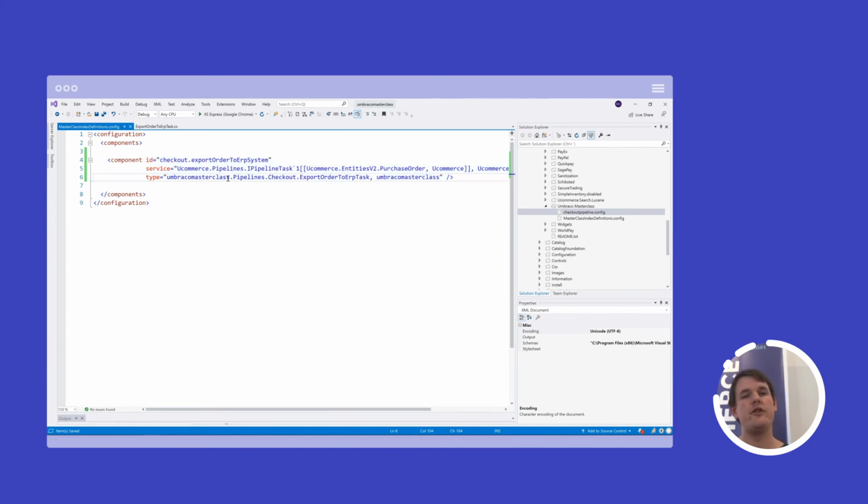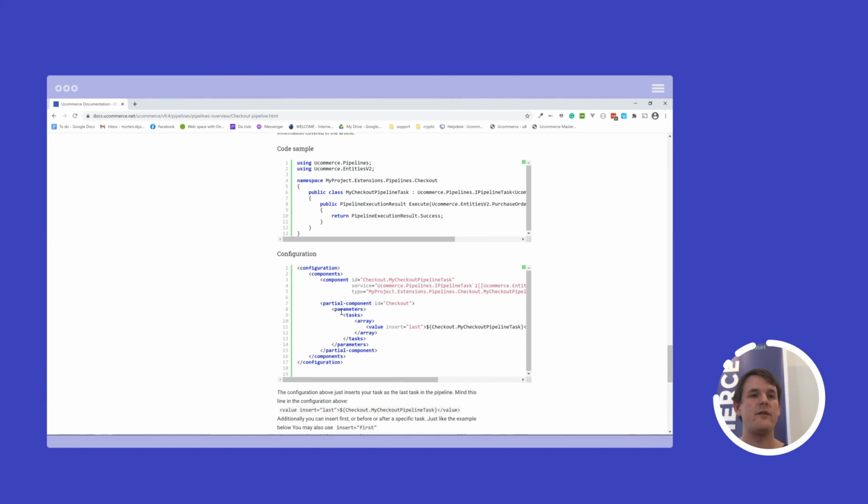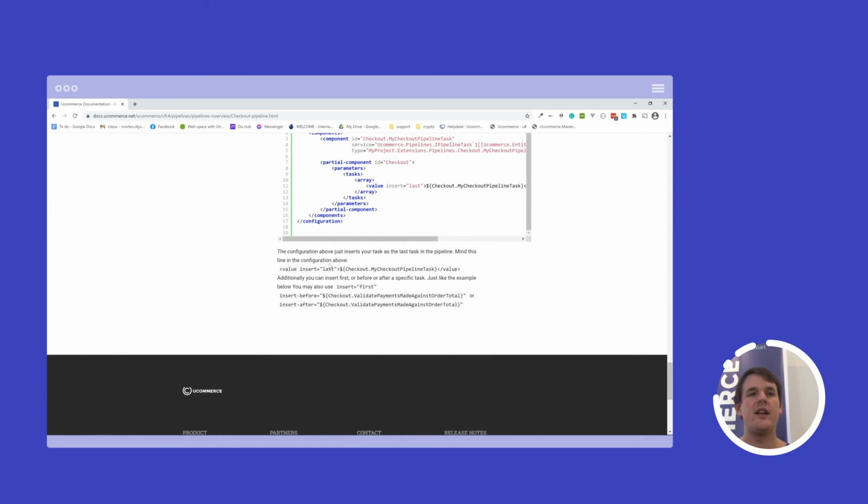To do that, we must use something called a partial component that helps us modify existing components in the platform. In this case, the existing component that we're modifying is the checkout pipeline. And in particular for pipelines, the partial component serves the purpose of being able to modify what's there already in a list.